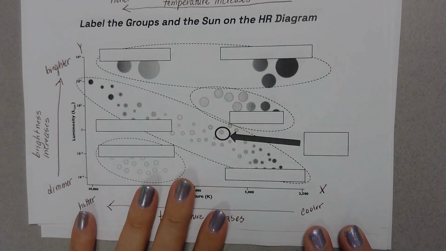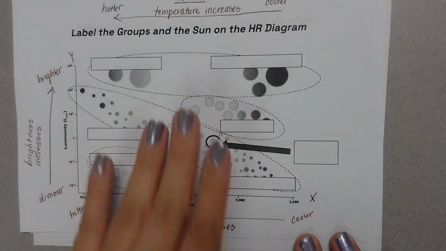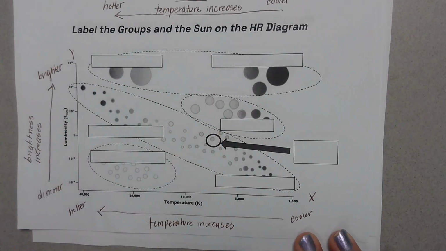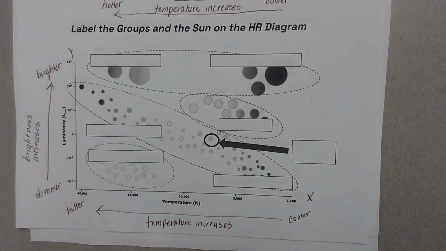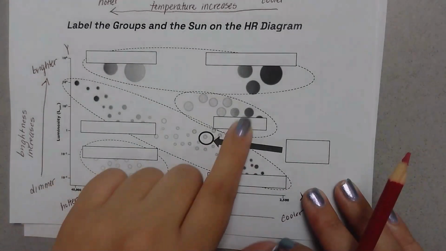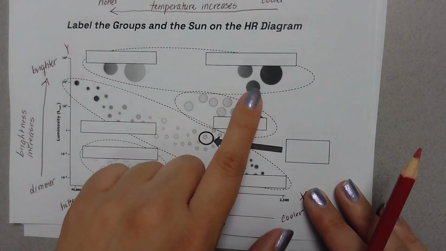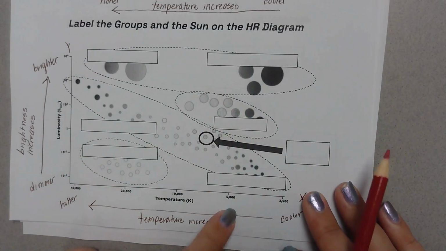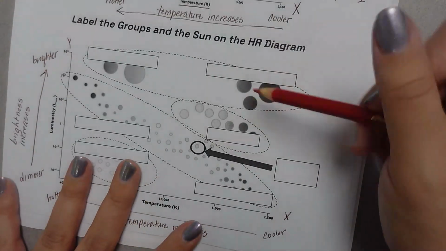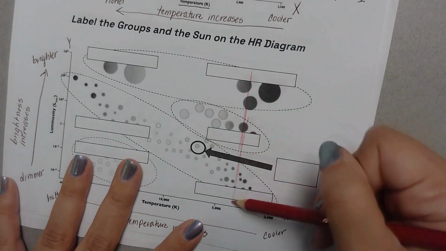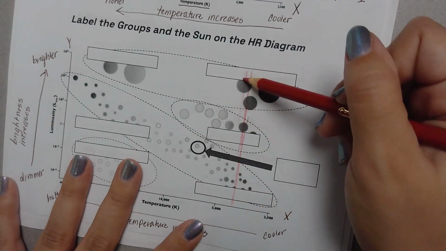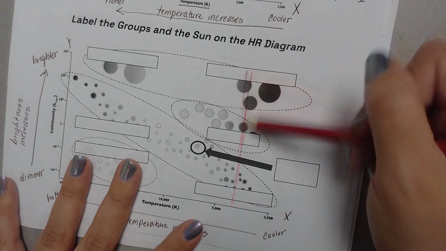So one thing that is hard to see on your notes is that different stars have different colors. So you're going to actually need some colored pencils. And it's a little bit hard to see, but you can see kind of where the colors change. There's not any exact temperatures for me to give you. You just want to kind of look for the point where the colors change. And that's where you're going to